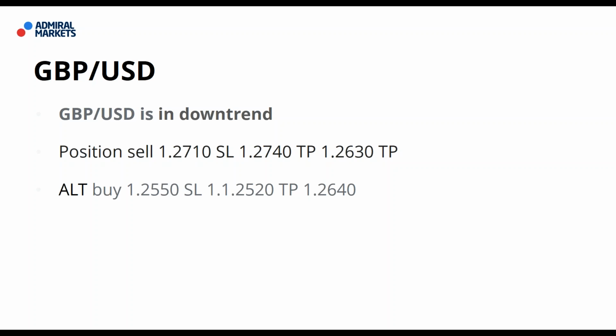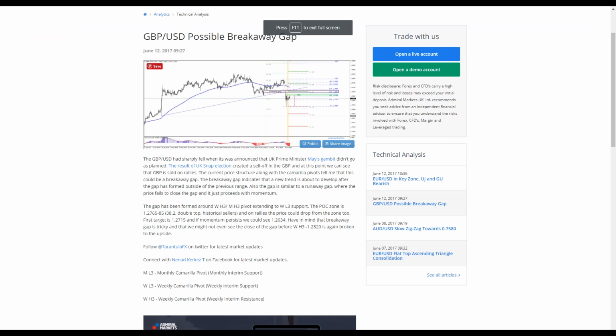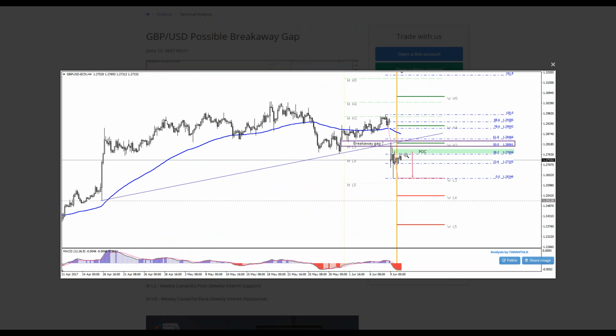If you followed my analysis today, you could do something with short trades, because definitely this is a breakaway gap, as I was presuming here. Very, very clear trend line, breakaway gap, a gap that is formed after some significant event or some major announcement. Usually when a breakaway gap happens, a new trend forms,